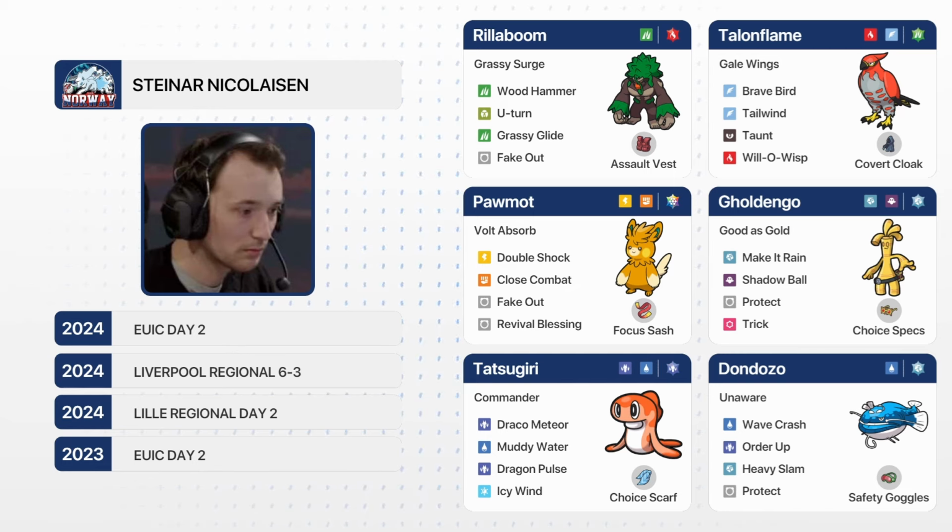as you may think about it, as well as those teams that may possibly use Chlorophyll under sun, considering that Torkoal is popular right now. And we also have the very common choice scarf Tatsugiri, if worst comes to worst. Yeah, if the Dondozo does go down, and I'm looking at this Dondozo and I'm